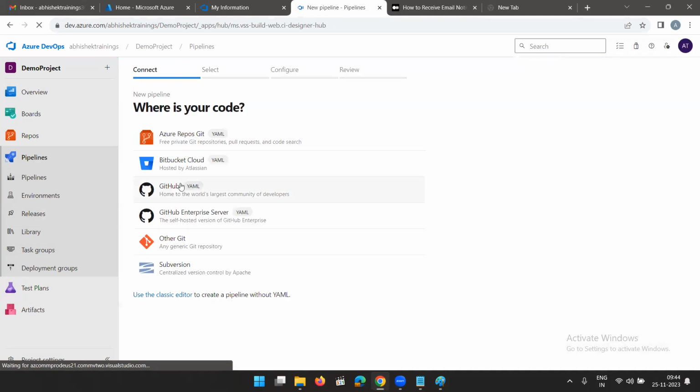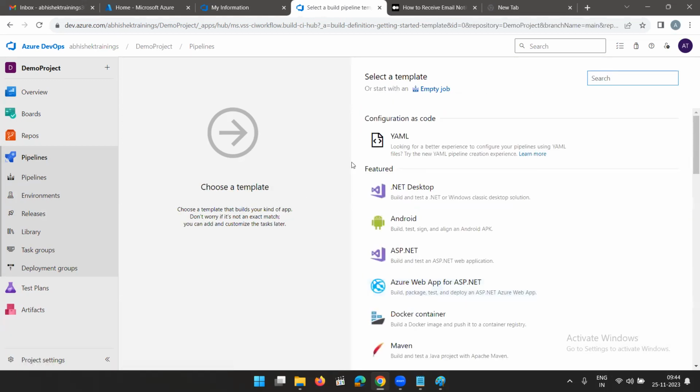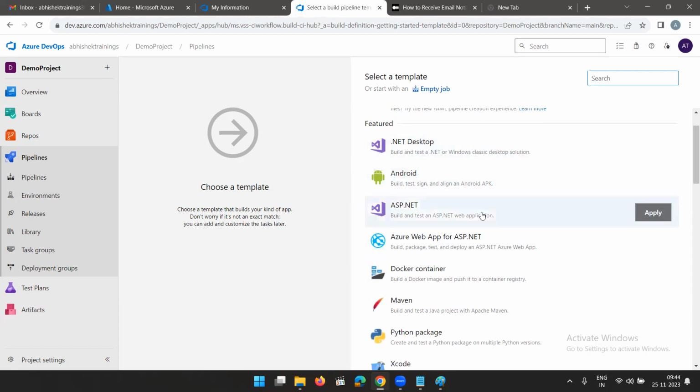New pipeline. Now here, don't choose the YAML one. Use the classic editor. Once in the classic editor: Azure Repos Git, demo project, repository demo project, default branch. I'll choose the main branch as of now. I'll continue with this. Now, select a template: empty job, or you can choose YAML, or you can choose ASP.NET Core,